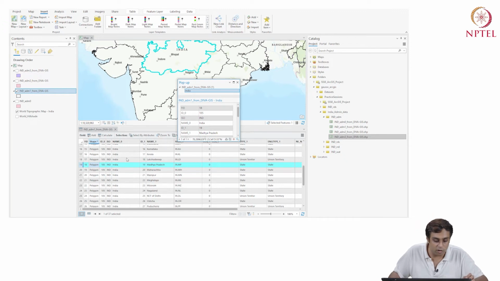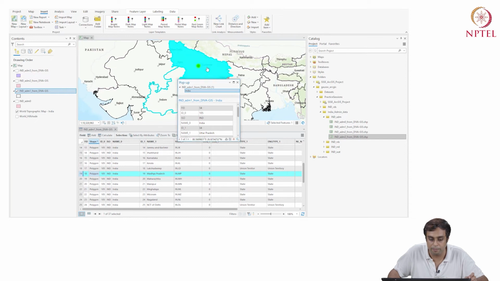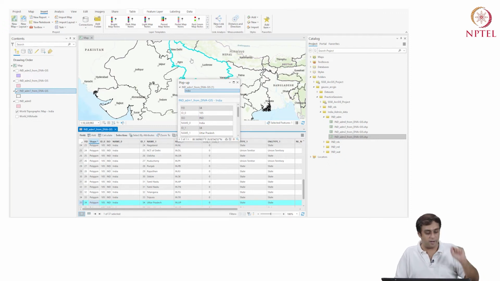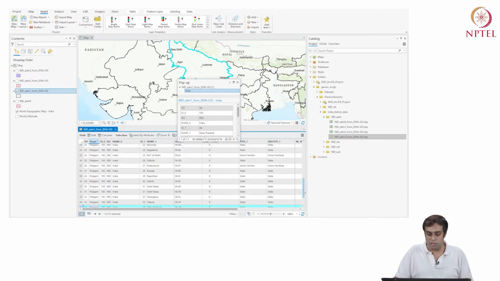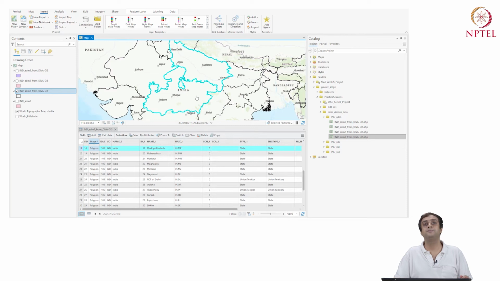Okay, so similarly, I can select Uttar Pradesh. If I go up, not here on the map, if I go up, I look at Uttar Pradesh, it's going to be FID 34. So let me go to FID 34. Here we go, FID 34, and it should select Uttar Pradesh. If I want to select two different states at once, I can press the control key. Let's say again I want to just look at 18, which is Madhya Pradesh, and I can select these two, and now you have both of them selected at once.